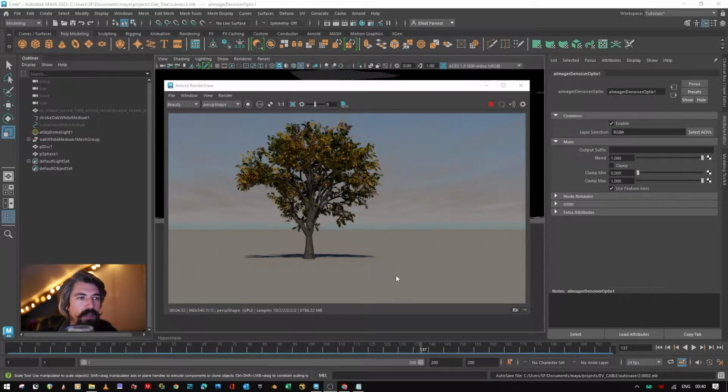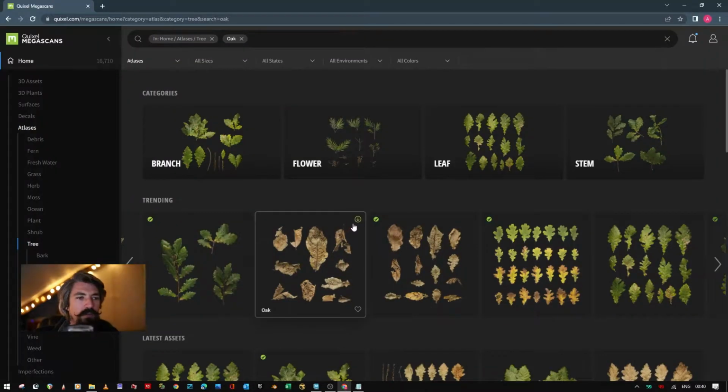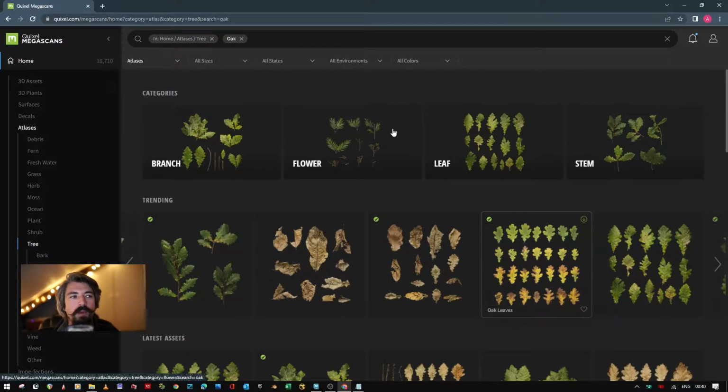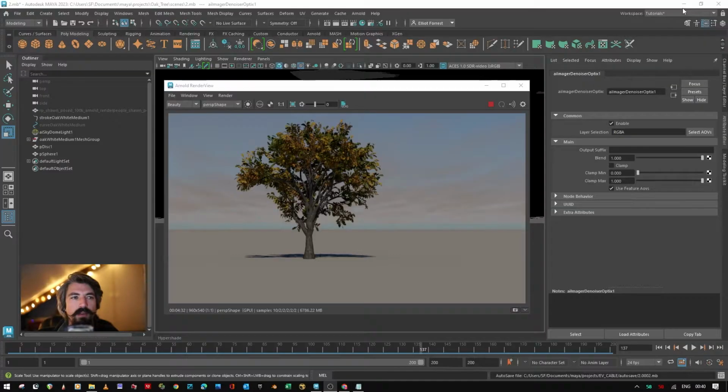Going to be using some Quixel textures. So the textures that I used, I will put a link to in the description below. But I used some oak leaves, these ones here, and I also used an oak bark as well. And like I said, I'll put the asset links in the description for those. So yeah, this is what we have,